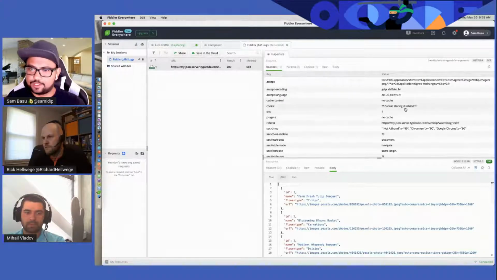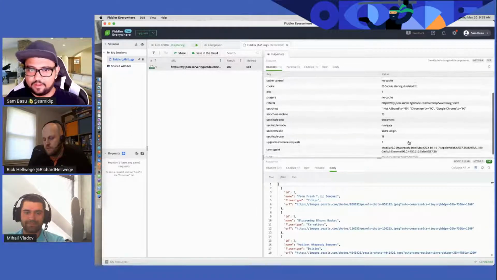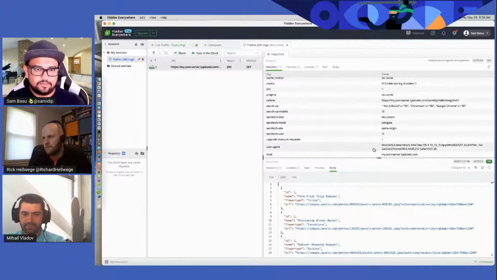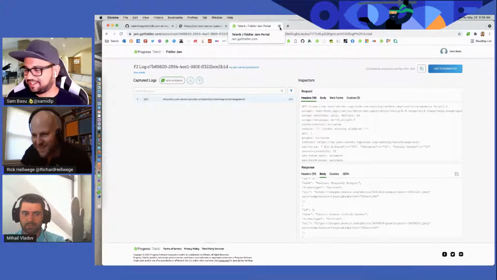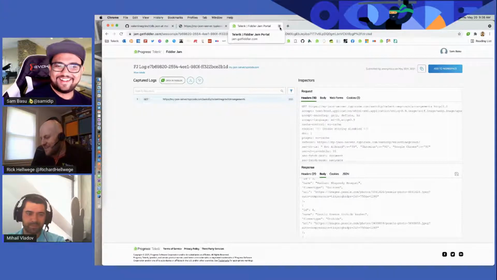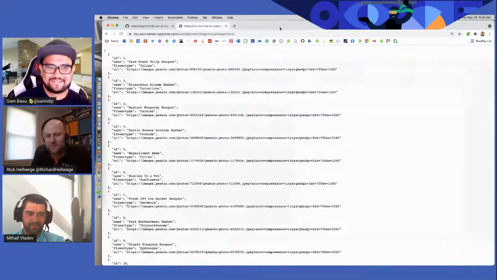I don't know, cookie storing disabled. Okay. Yeah, Rick, shall we tinker any more? But do you see the API that I have for you? You feel confident that my RESTful endpoint is going to stand up? Are you hammering on it? Well, I'll do the best I can not to completely destroy it. But yeah, it looks like we can definitely play with that a little bit.